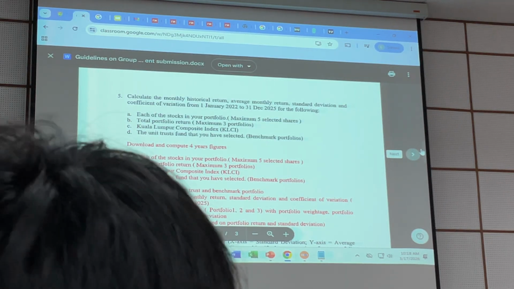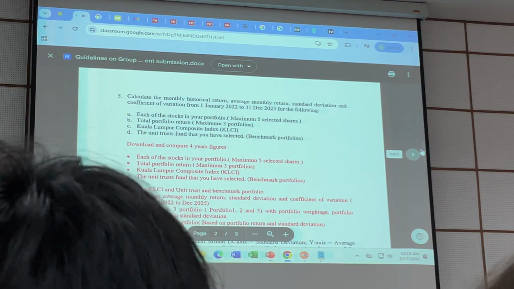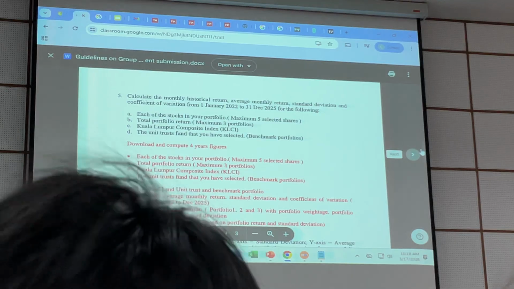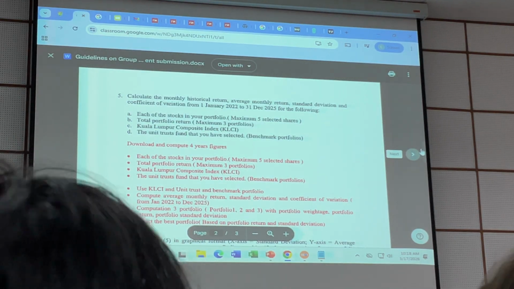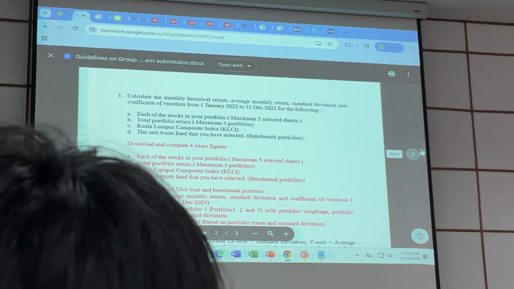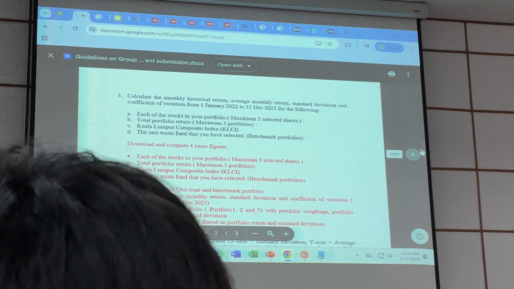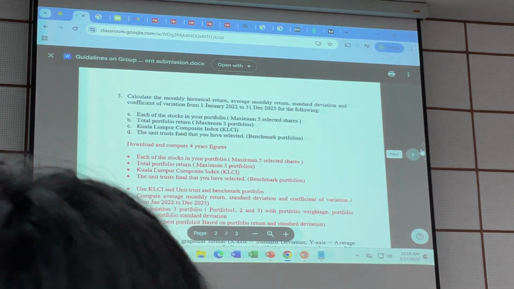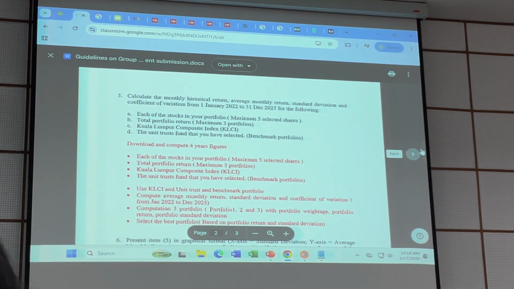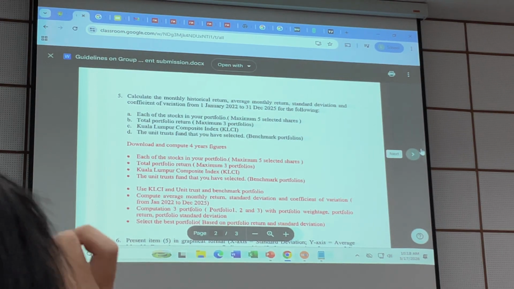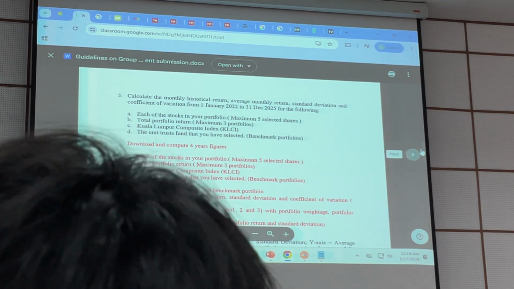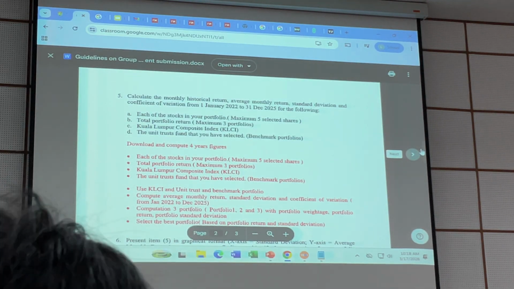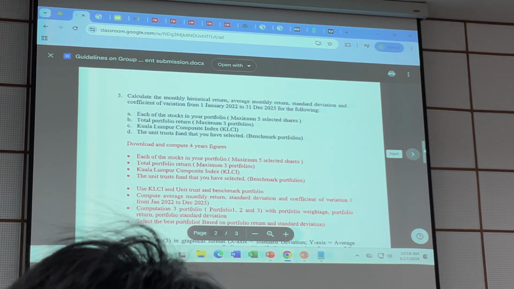I think you also need to calculate your correlation. Correlation coefficient. What actually is the correlation? Is it positive, negative? Based on your chapter 4, whichever you study, your portfolio calculation. Still remember the formula? What is the weightage? What is the standard deviation for an individual stock? What is the return for an individual stock? Then correlation for the portfolio, whether it is positive or negative, and calculate portfolio return, portfolio standard deviation. Based on the 3 portfolios, you select the best, based on the return which is higher, and lower standard deviation.